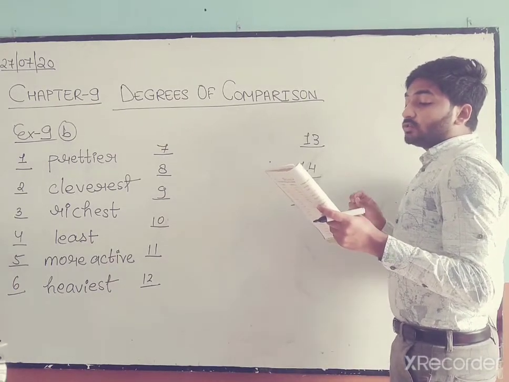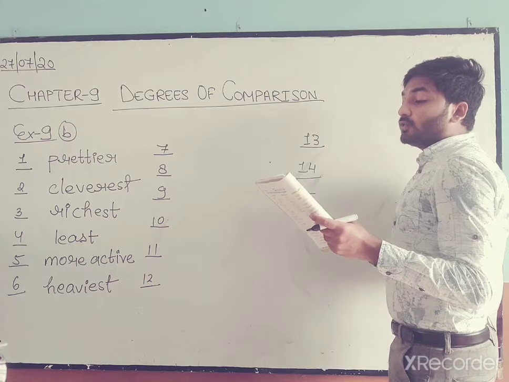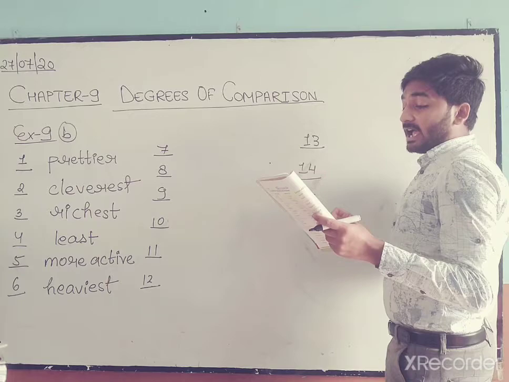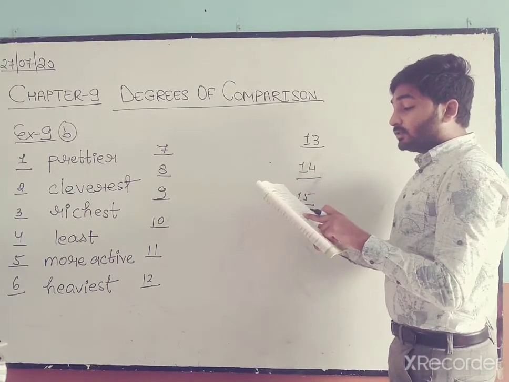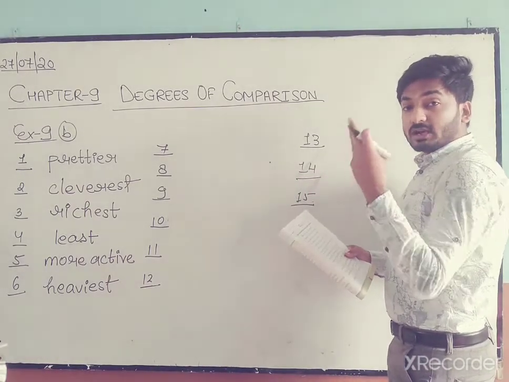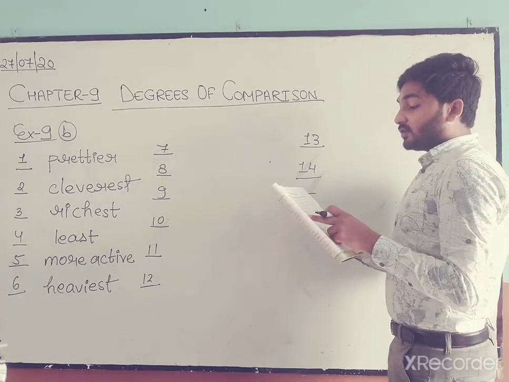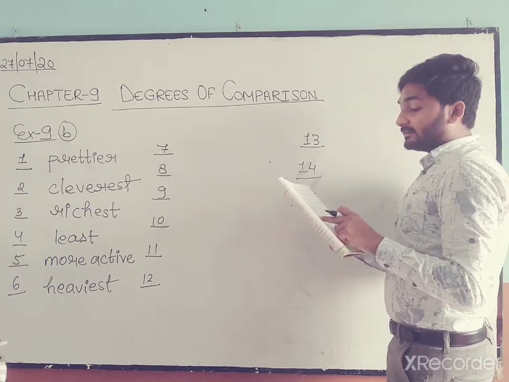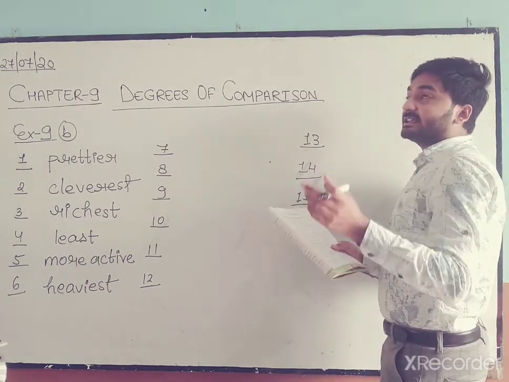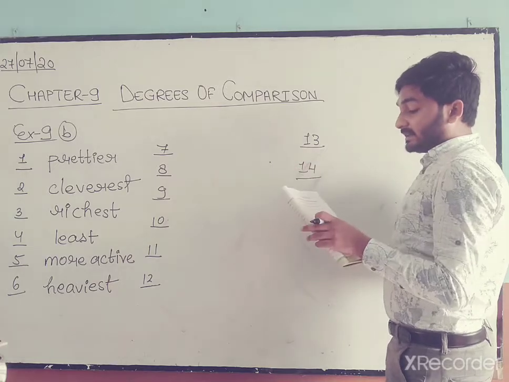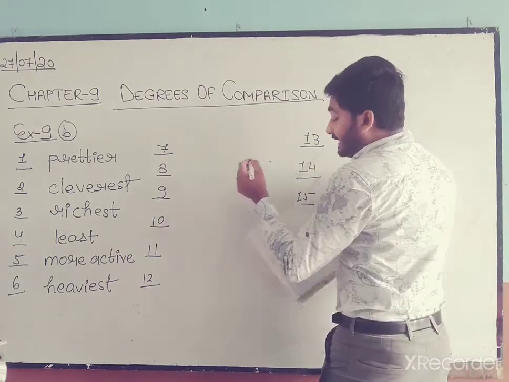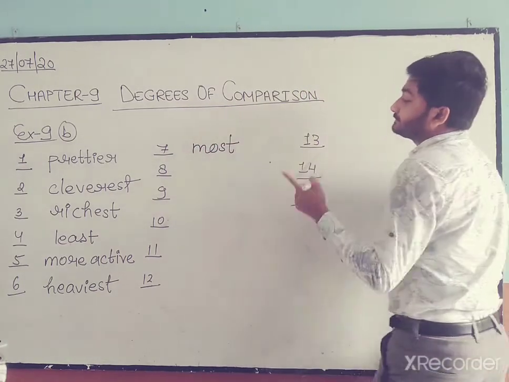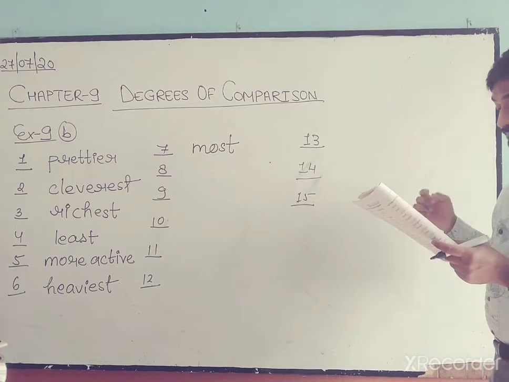Yes. Now come to number 7. James has 20 silver coins. You have 25. I have 30. I have the dash. Now see, James, you and I, three people are being compared with each other. James has 20, you have 25, and I have 30. I have the dash, the most. That means superlative degree. And before that there is the. So what is the meaning of comparative and superlative? For you, most. Yes.